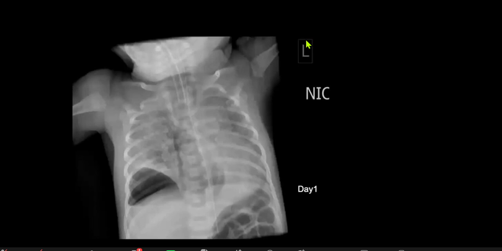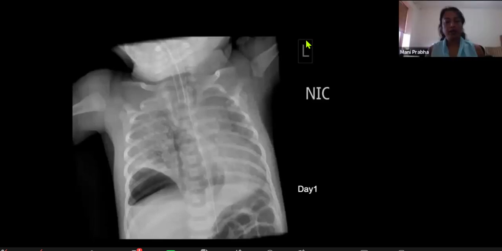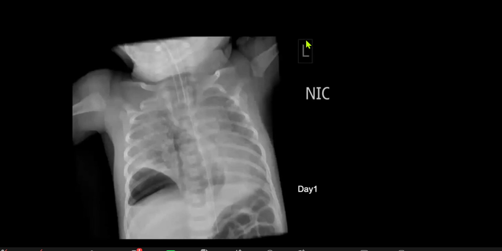So the lung volumes appear to be preserved, and is the child preterm? Yeah, preterm child. Okay. There are also some areas of lucency in the areas of increased opacification. In the day one preterm child,